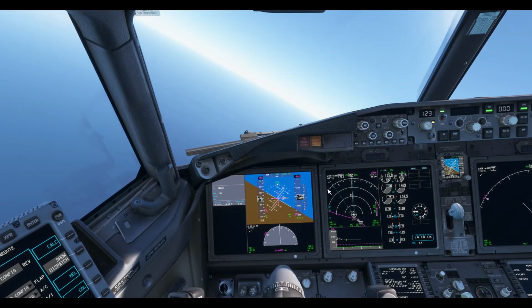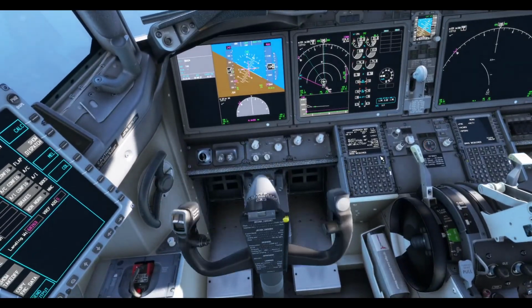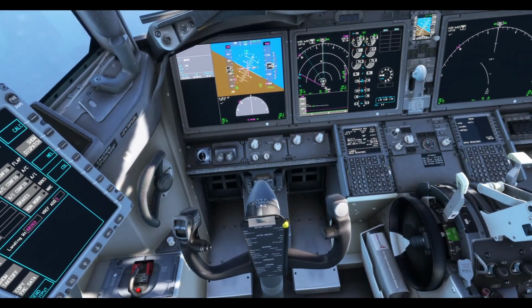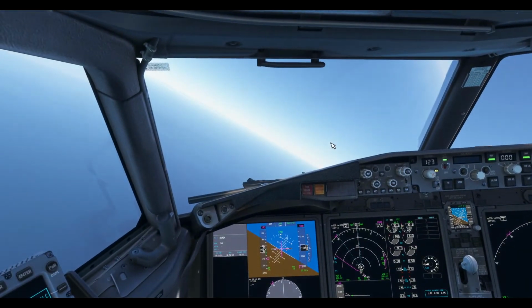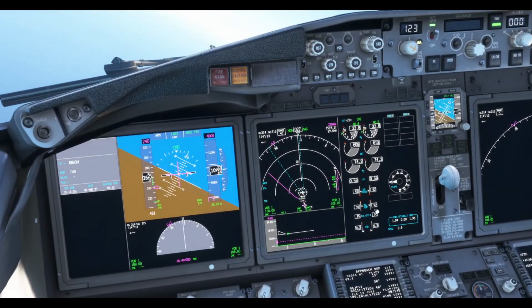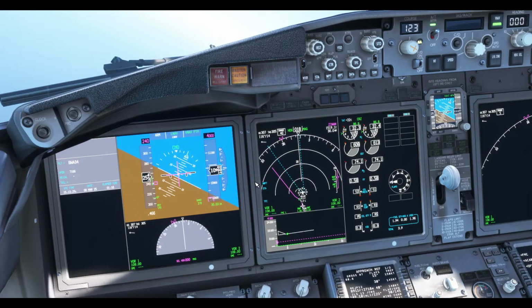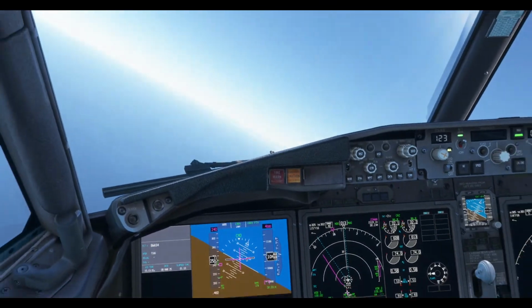For some reason, it's turning around here, which it's not supposed to. I'm guessing it's for speed requirements. Again, this is something that the aircrafts will do. I was expecting it somewhat to do a turn like this. Apparently the aircraft did notice that it would not make it down in time, so it is making that circle